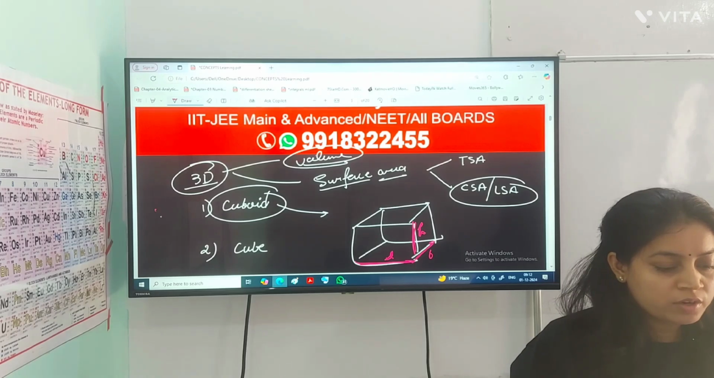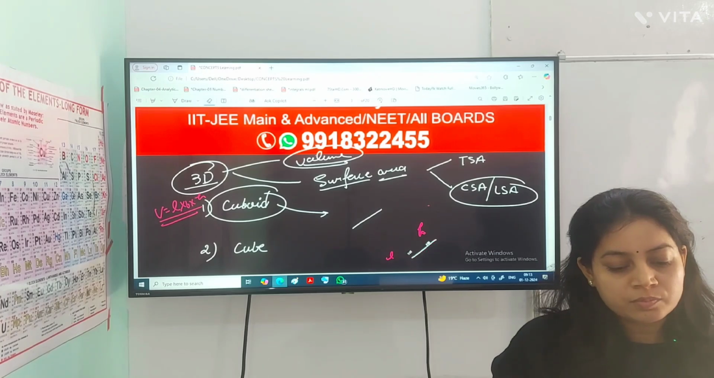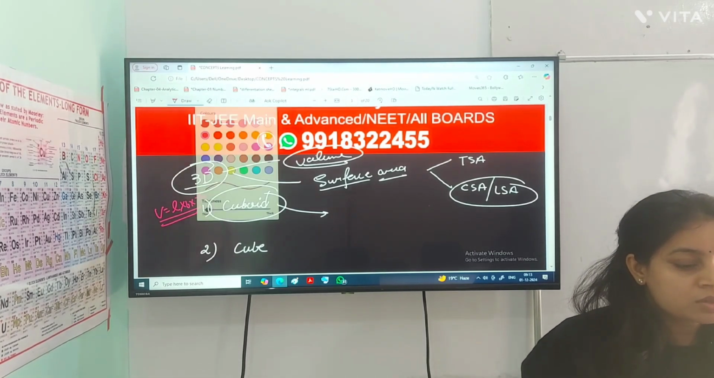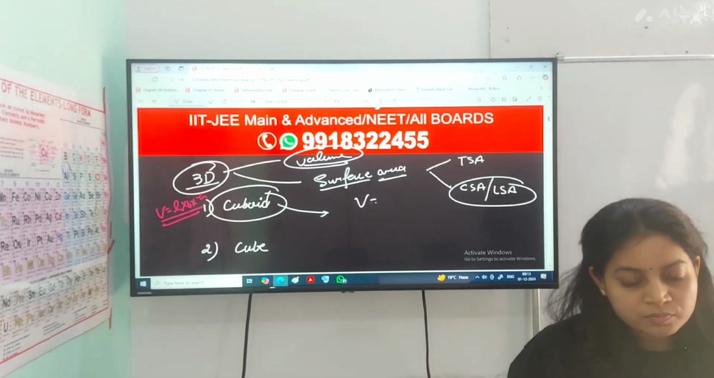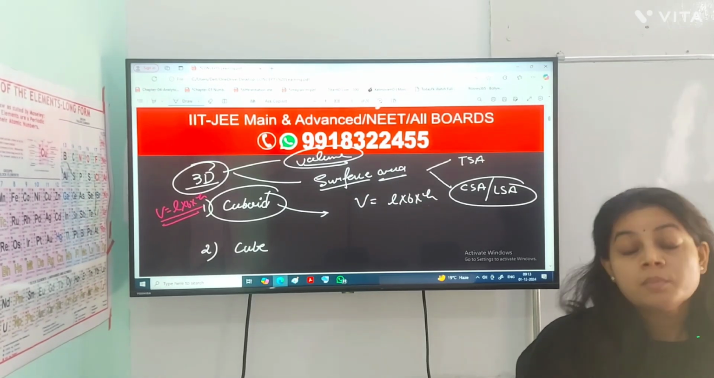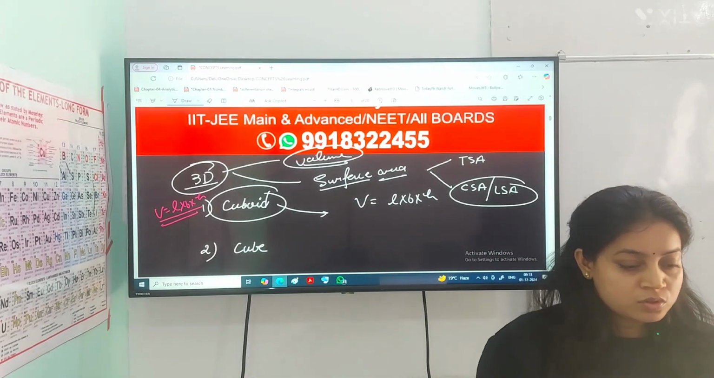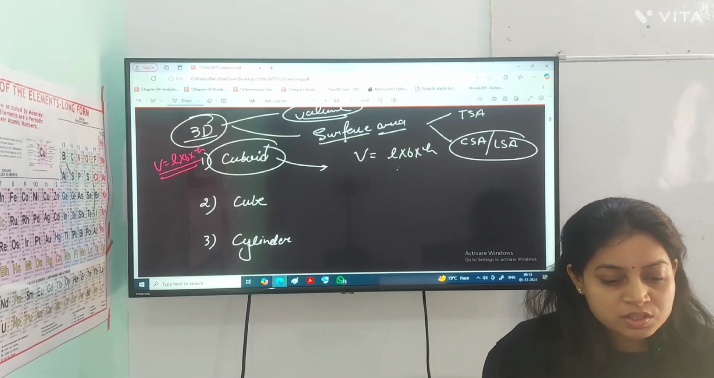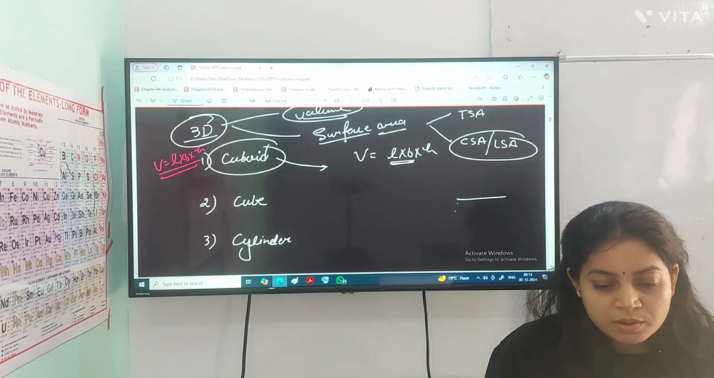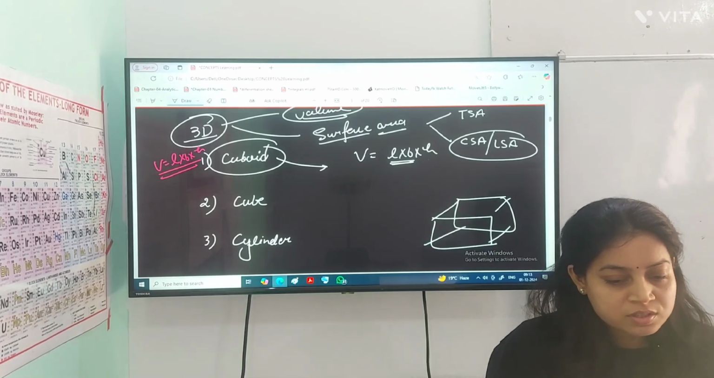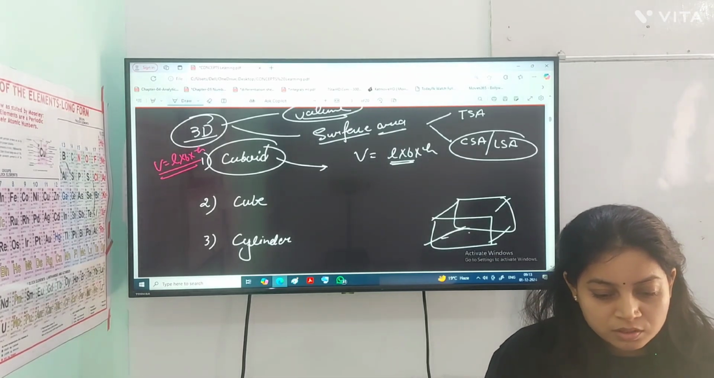So simply the volume of the cuboid is length into breadth into height, L into B into H. I'm talking about the volume here, not the area. But I'll give you a standard formula for the volume. What is the standard formula for the volume? Because I'm taking a cube or cuboid, whatever I'm taking, in this case, if you simply see,